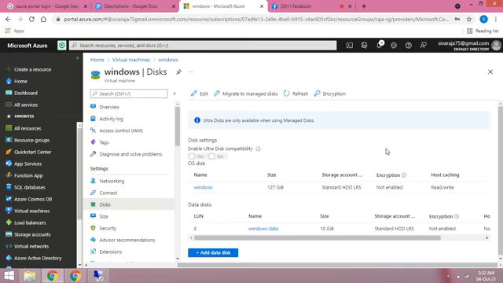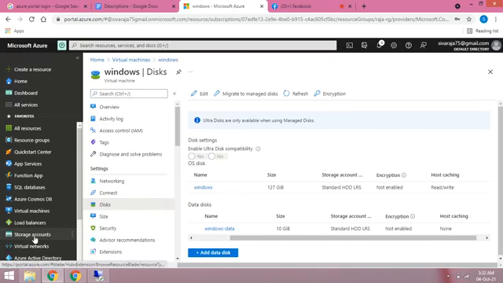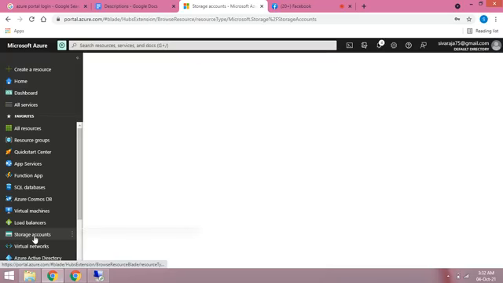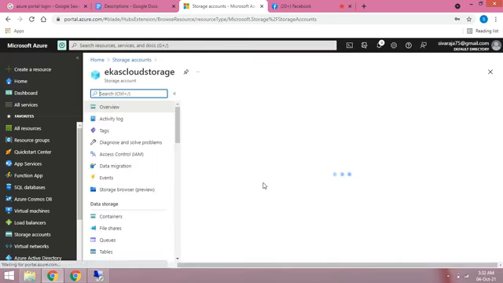So now our resource is created. So go to our storage account, our Vkas Cloud storage account.